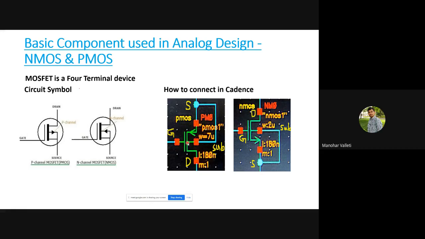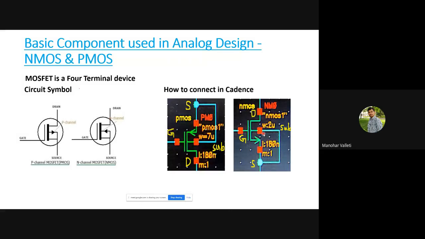Your MOS transistor will have some width and some length, right? This PMOS transistor will have a width of 7 micrometer and a length of 180 nanometer. This L represents the 180 nanometer. In the same way for NMOS, the arrow direction is always mentioned between gate and source. When connecting in the circuit, PMOS substrate will be above. We will discuss why the substrate is above for PMOS and why drain is above for NMOS.